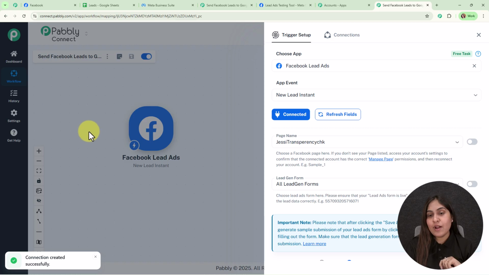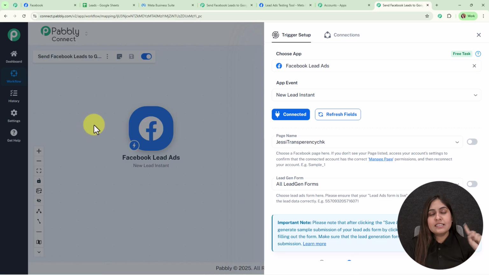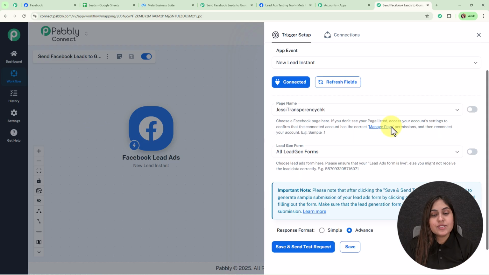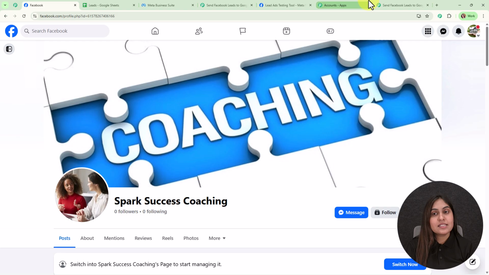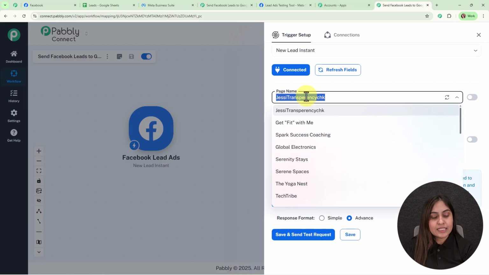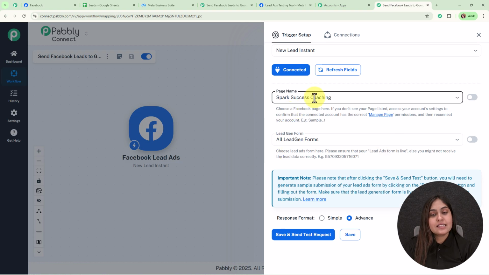in the same browser. But if you're building a new connection, then it is going to ask for your account credentials first. Alright, now it is asking us to select the page name and the lead gen form. So here, as I've already told you, I have my Facebook page with the name Spark Success Coaching. So we're going to select the same over here, and after that it is asking for the lead gen